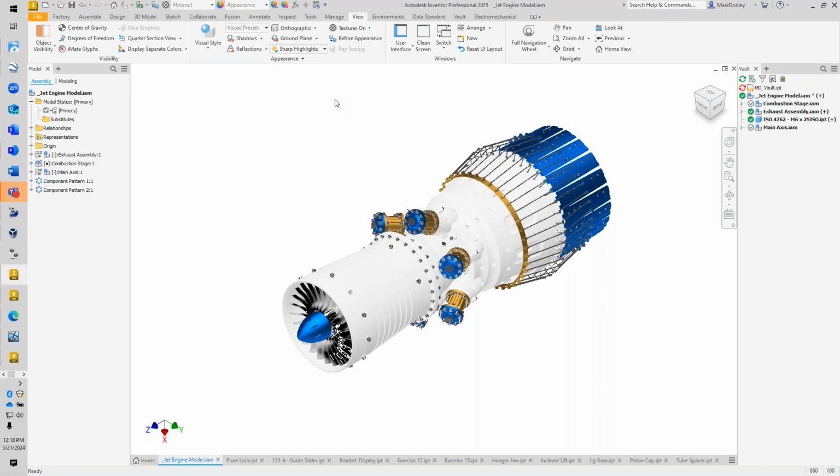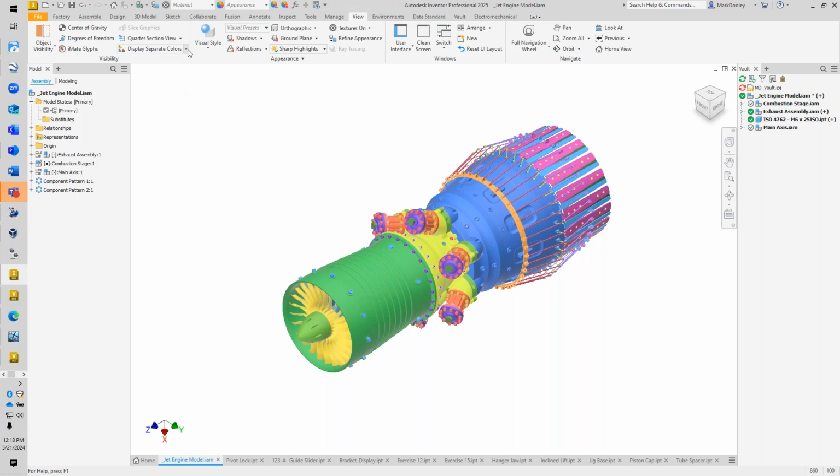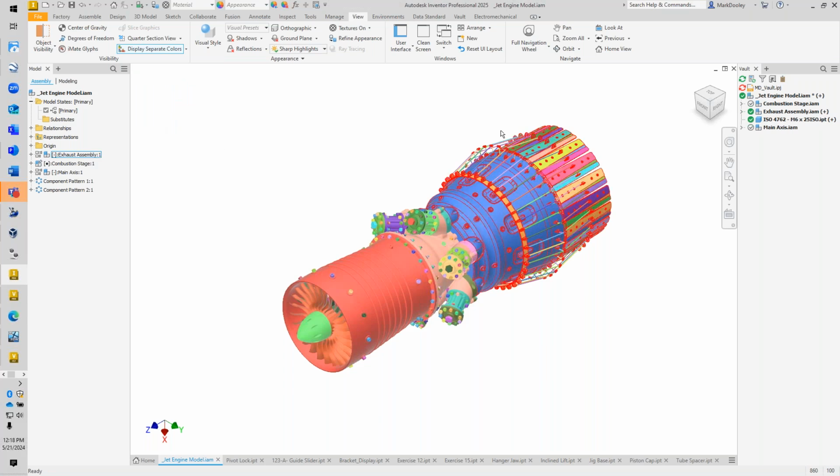So here, looking at an assembly, we can come into our display separate colors and we can say, all right, show me right here each unique top level assembly. All right, show me each top level assembly. Doesn't have to be unique, just each one. And now each unique part. And then from here for each part. And so this temporary color scheme that is applied here also